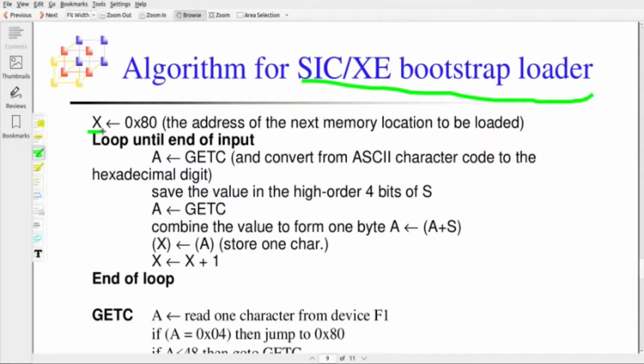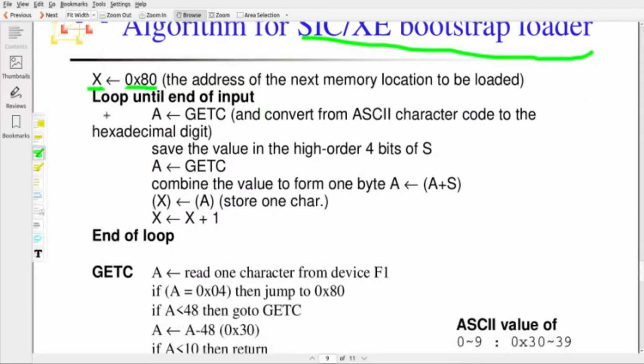The index register X will start at 0x80, because the bootstrap loader loads the OS into memory location 0x80. It's a loop, as you can see here. There is a subroutine called GETC. It converts an ASCII character code to a hexadecimal digit, as we explained for the absolute loader.